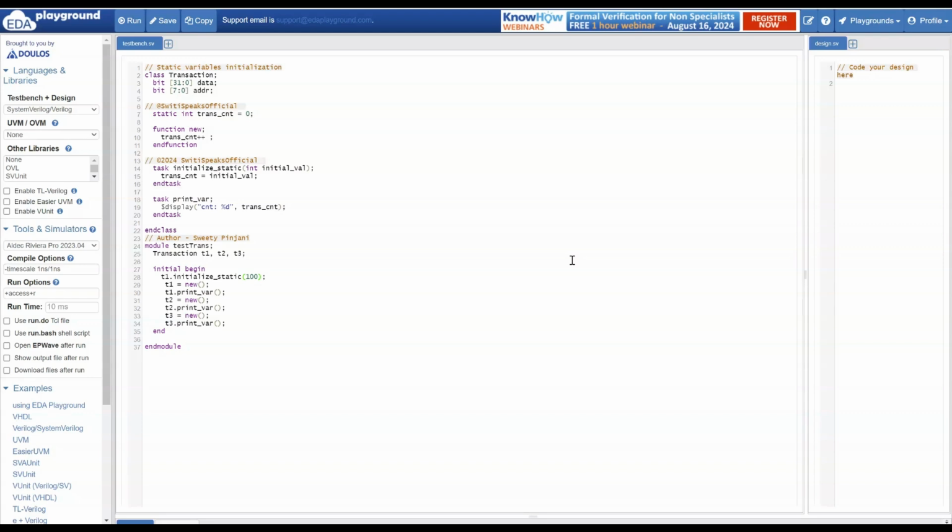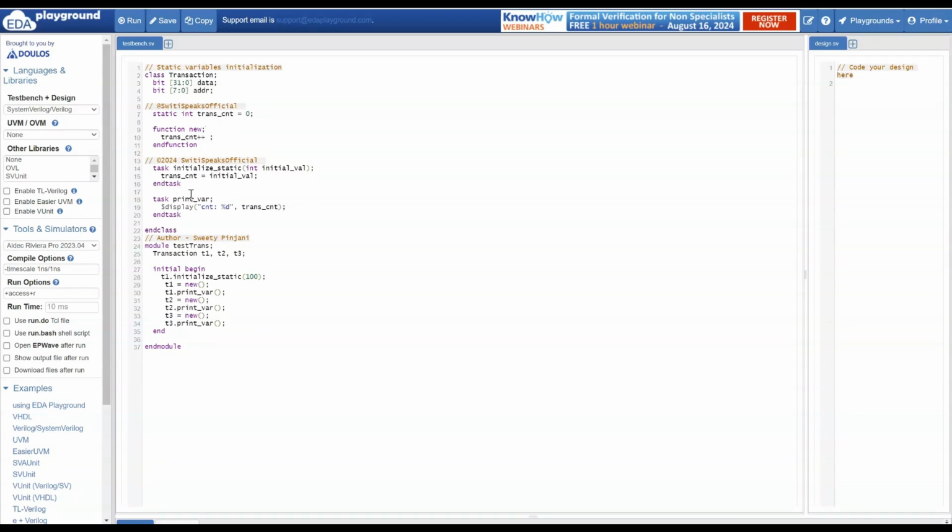In the previous video lecture in System Verilog OOPS series, we had seen in detail about static variable with the help of a coding example. There we had seen one way to initialize a static variable during declaration. There are other ways also to initialize static variable, which we are going to see today.